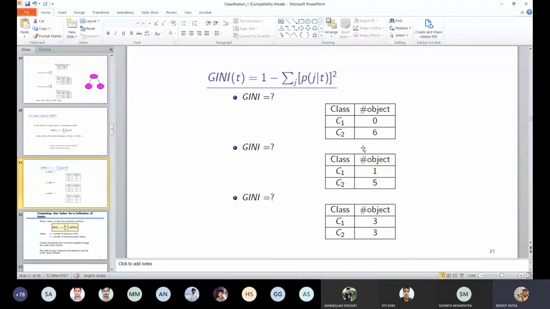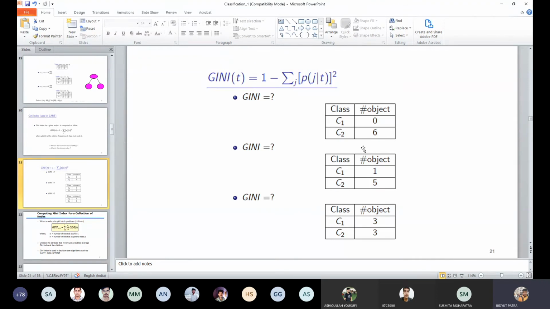In the last case, there are two classes and both are equally probable, so 1 minus 2 into half squared, that means 1 minus half. The Gini value will be half.